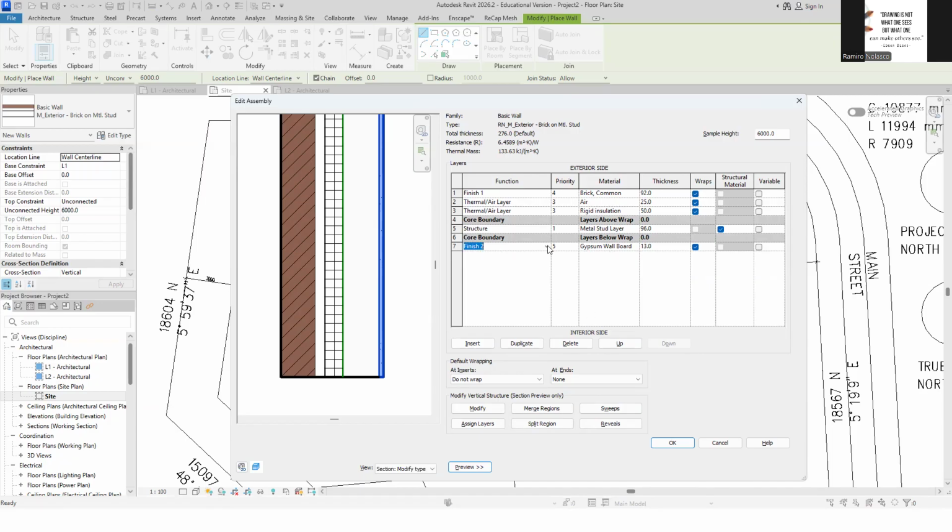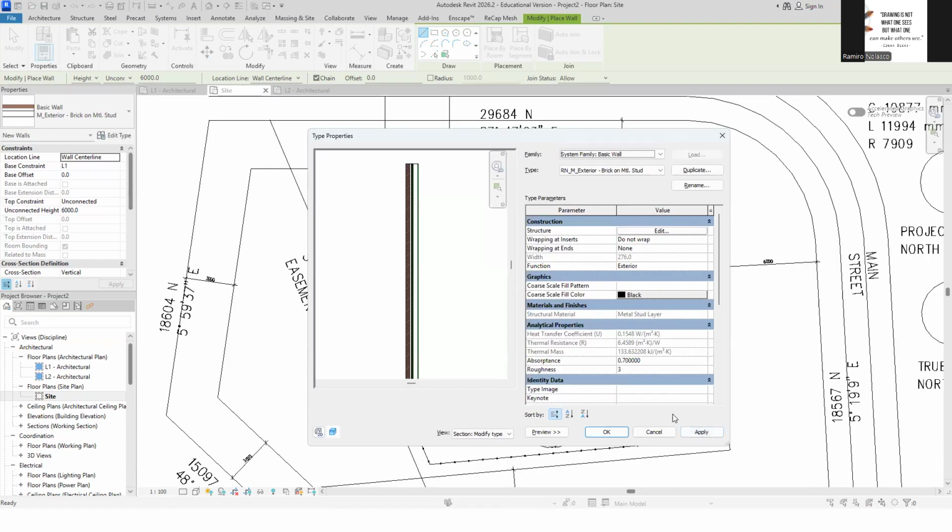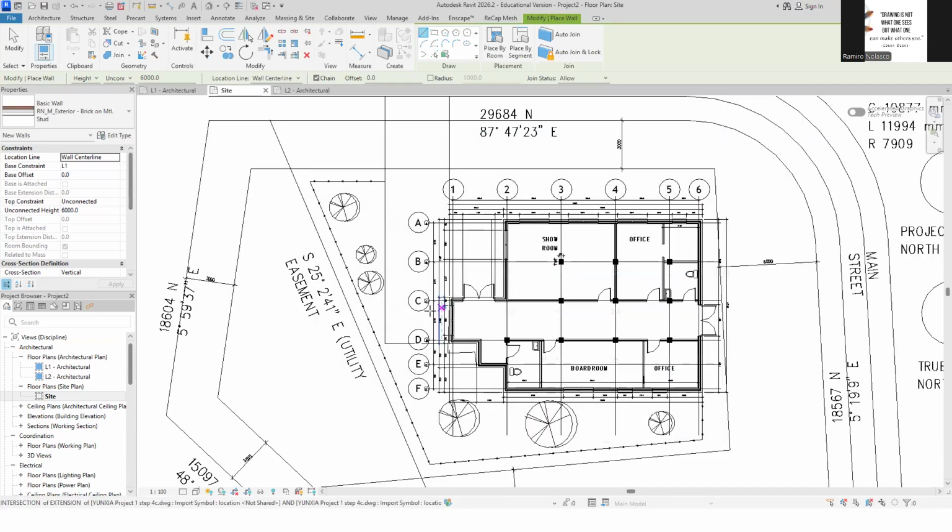So functions are important. Okay? In terms of its priority when it is being wrapped around. Right? Especially at corners. These are the thickness. Okay? And that's the structural material right there. Okay? So we click OK to that. And we click OK to this.